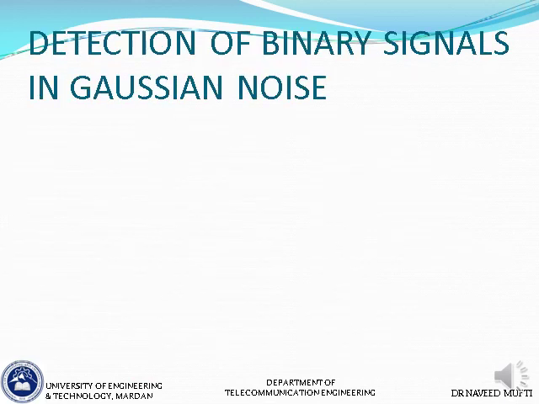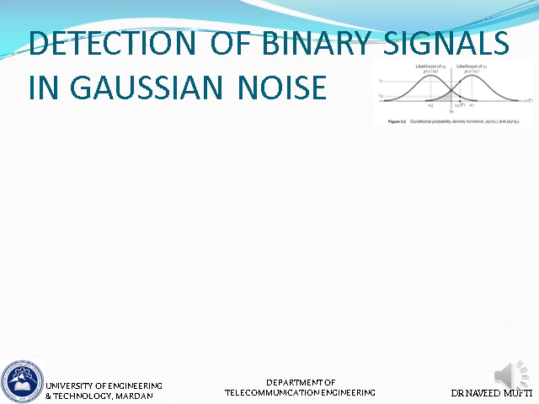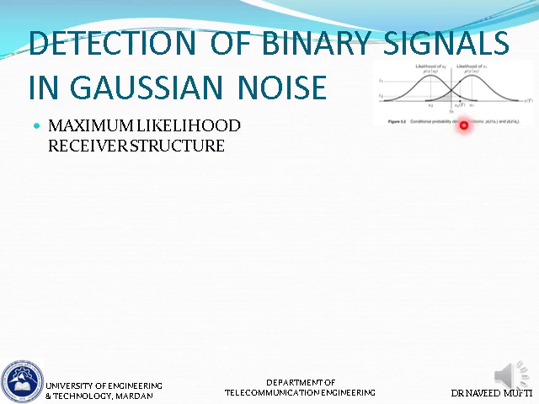So now we come over to the important issue of detection of binary signals in Gaussian noise, and for that matter we will refer to this conditional PDF figure that we have discussed previously, as you can see here। And first of all we will be talking about the maximum likelihood receiver structure।